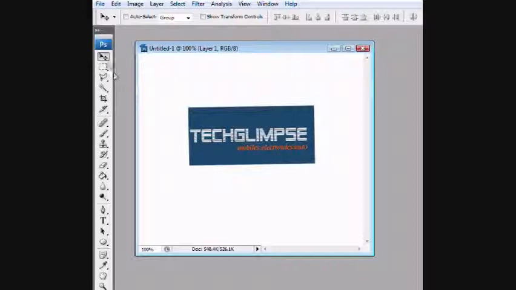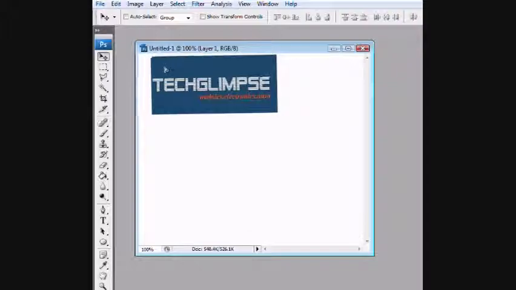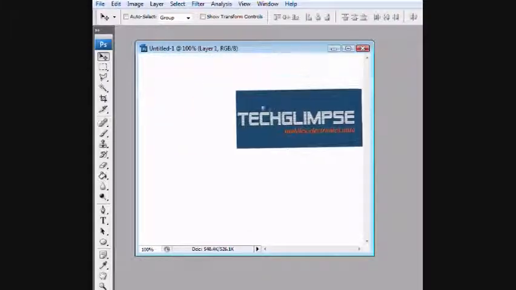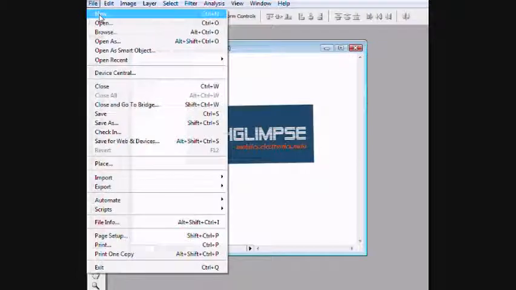The Move tool can be selected by clicking the Move tool item from the toolbox or just by using the shortcut key V. So I am going to click the Move tool. I am going to select my object by clicking on it and just move it around the document. The Move tool plays a very handy role in moving an object within the document. Yes, the Move tool can be used to move an object within the document and also between documents.